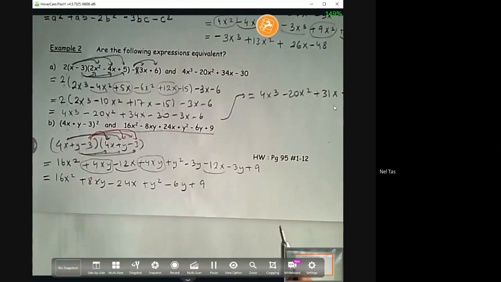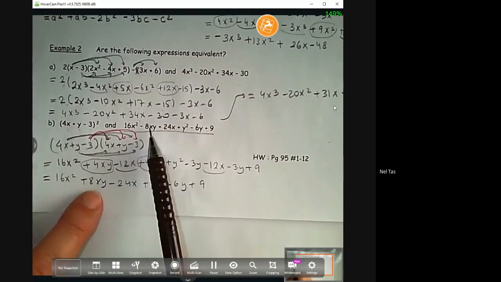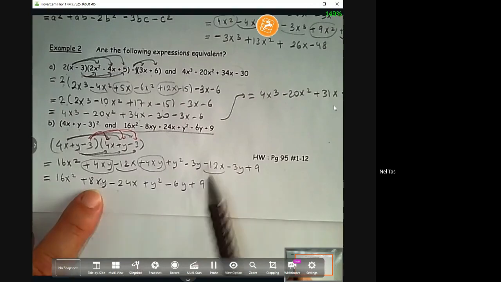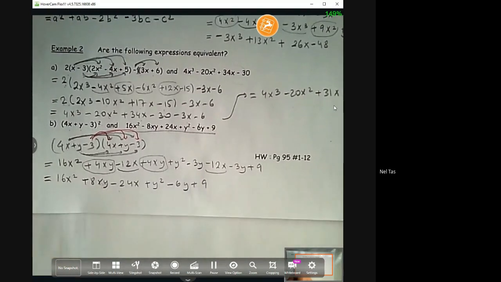Is it the same? Compare. So 16x squared is the same. So that is negative 8xy, and we got positive 8xy. So this is not the same. Same thing with 24x, negative 24x. They are not the same. So the rest is the same, but these two terms have opposite signs. So this is also not equivalent. Okay, in question,